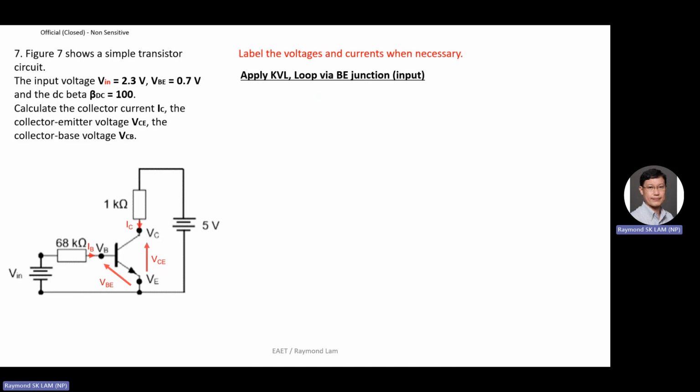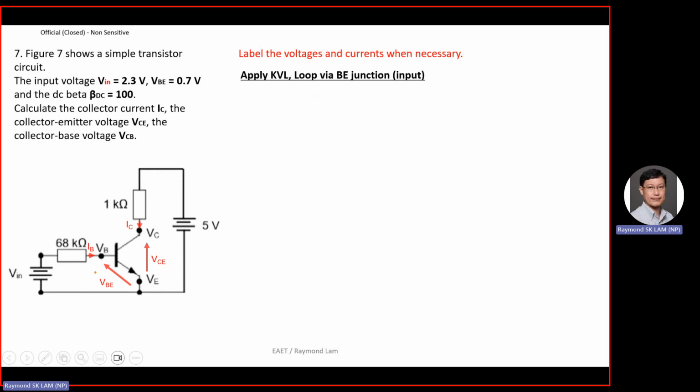So that's why I write input here. Do you see I write input here? Because the loop is at the input here, and KVL is about the loop. So what I do is I will do a loop from the voltage source positive terminal. The loop will trace along the wire, enter the base, and come out from the emitter, and then